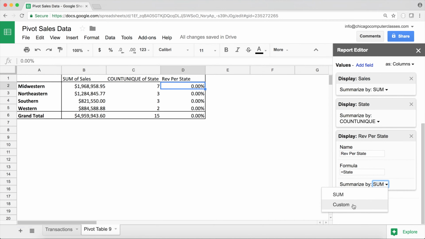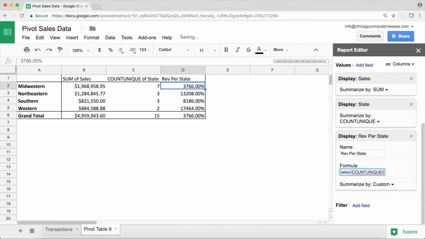We'll have to create something custom. So we're going to switch this to summarize custom. And what I'm going to do is, when you do custom, you have to actually provide what function you're going to use on the field. So instead of just saying, let's take sales and divide it by something else, we're going to say, let's take sum of sales. So I'm going to put it in a sum function, and then I'm going to divide it by count unique, which is the function we have for our state field, state, and close that,